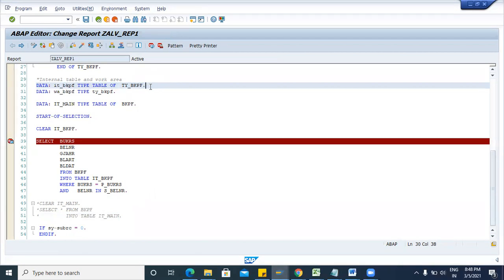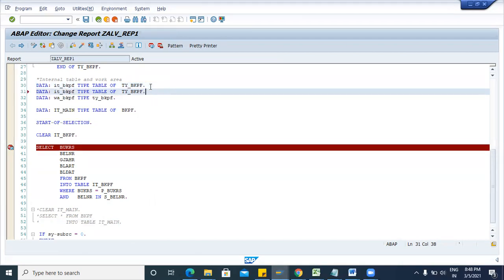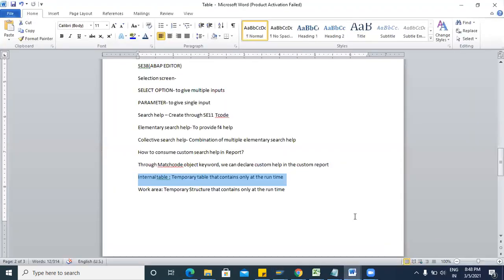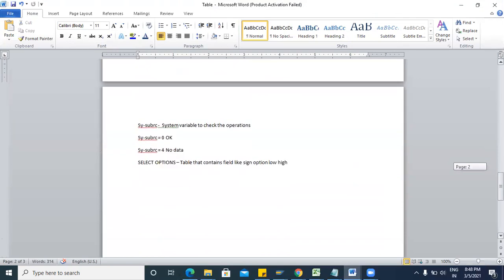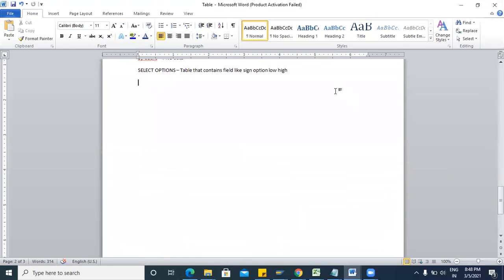Just put your cursor here, then you can use Control D. Control D is used to copy. Let me show you. Let me write some shortcuts. Control plus D to copy the same line.